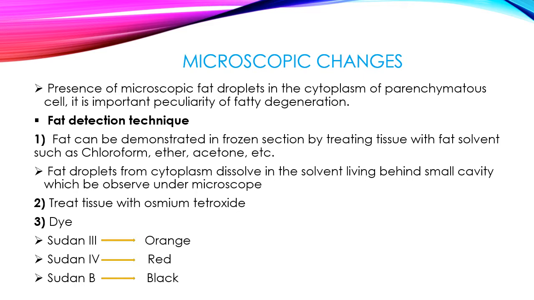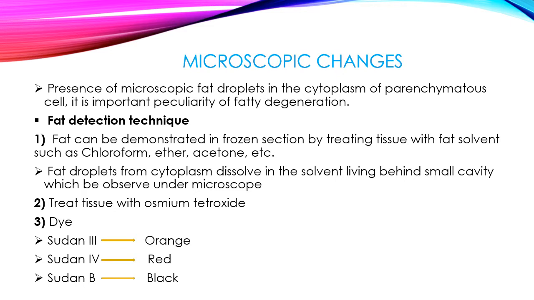There are many detection techniques. The first technique: fat can be demonstrated in a frozen section by treating the tissue with fat solvents such as chloroform, ether, acetone, etc. Because fats are not soluble in water, we use solvents like chloroform, ether and acetone. Then the fat droplets from the cytoplasm dissolve in the solvent, leaving behind small cavities, which can be observed